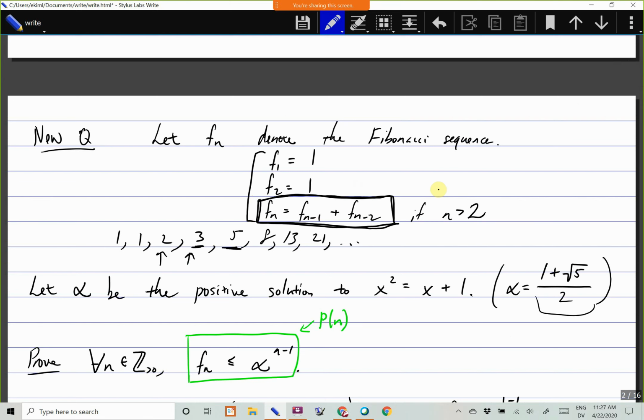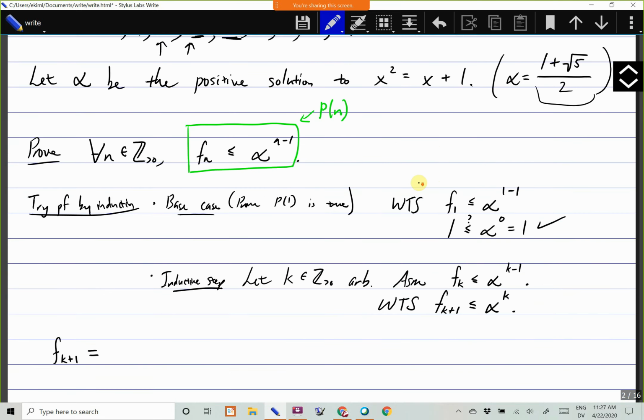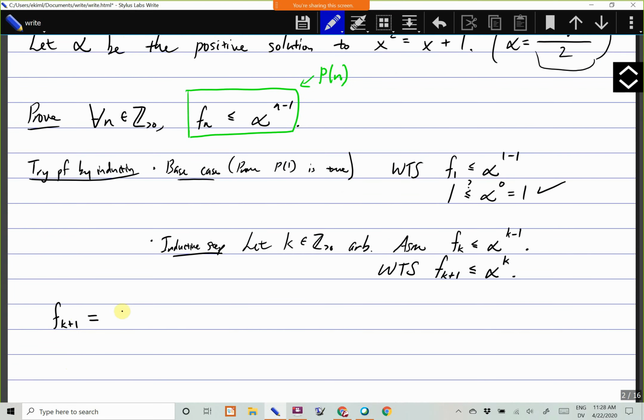In other words, generally speaking, to get a term in the Fibonacci sequence, you add the terms before. So this is the k plus 1 term, position number k plus 1. So you take the kth number and the k minus 1st number, and you add them together. Now, remember what was assumed over here, we already know that